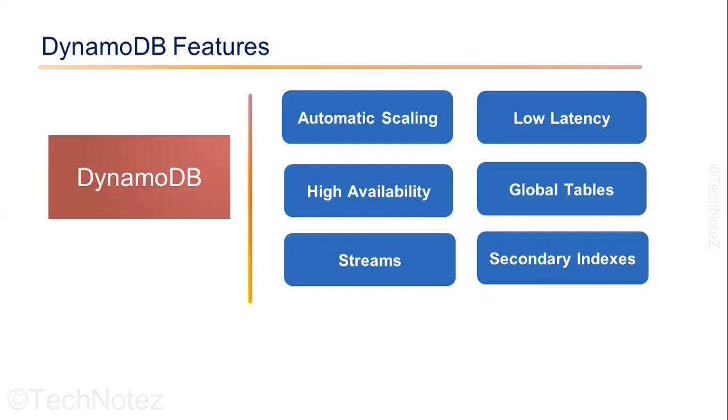DynamoDB may be a bit expensive compared to other NoSQL databases, especially for high write loads. Additionally, it has a limited set of data types and does not support complex data structures like nested arrays or objects. It also has a relatively small maximum item size of 400 KB, which can limit the amount of data that can be stored in a single item. Finally, DynamoDB does not provide built-in support for full text search or graph traversal, which can make it difficult to perform certain types of queries.